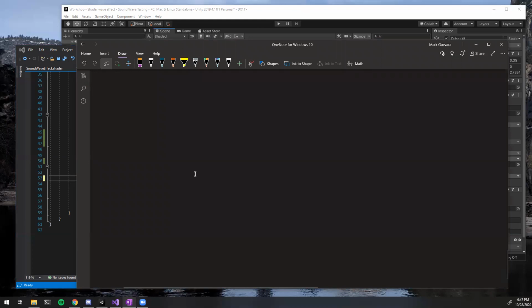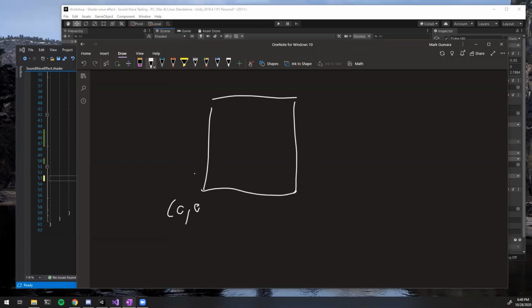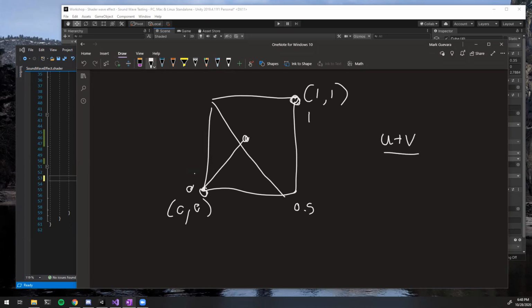Where did I put my pen? So let's imagine we have our UV coordinates again. We have our 0, 0 and our 1, 1. We could use those two positions to define our distance from 0, 0 and then normalize that value. Essentially what we want is to have this value, if you're over here, be defined as 1, and this value be defined as 0. And if you're at this halfway point, we'd want this to be 0.5. So what we could do is take u plus v over, what would it be, root 2,